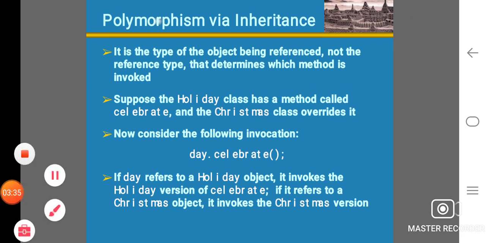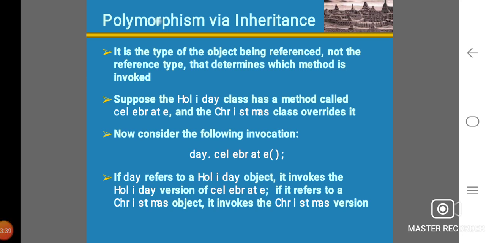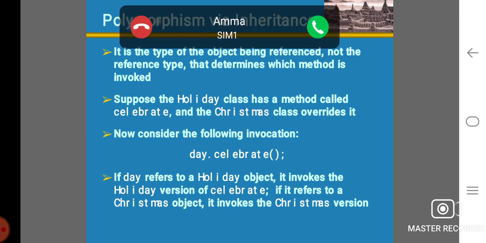Polymorphism via inheritance. It is the type of the object being referenced, not the reference type, that determines which method is invoked. Suppose the Holiday class has a method called celebrate and the Christmas class overrides it. Now consider the following invocation: day dot celebrate. If day refers to a Holiday object, it invokes